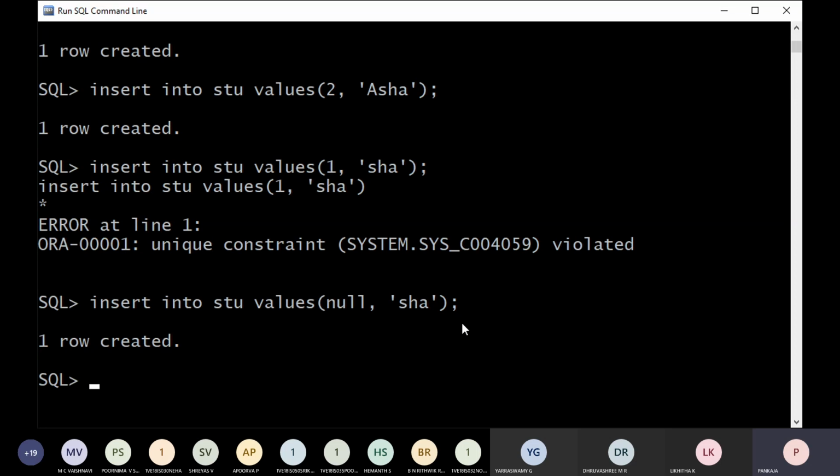Primary key will never accept the null value, but unique key will accept the null values. Null value will be accepted, but it will not accept the duplicate value. And also primary key can be used for relating multiple tables. Okay, so do you want to see the